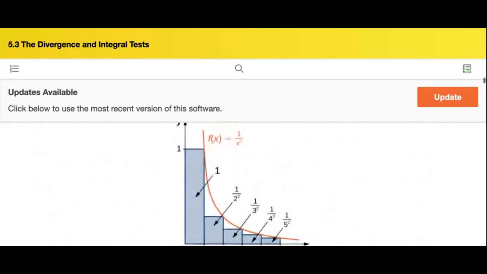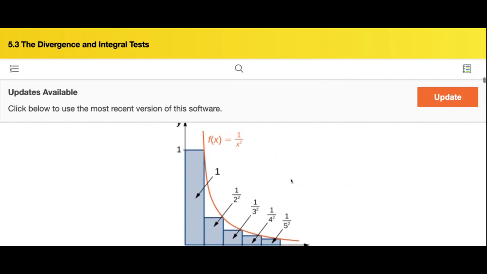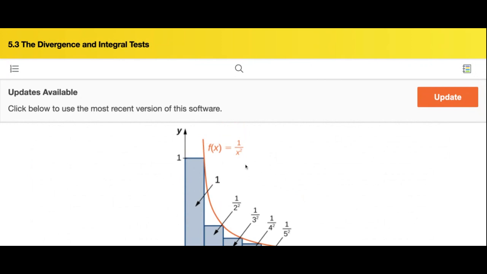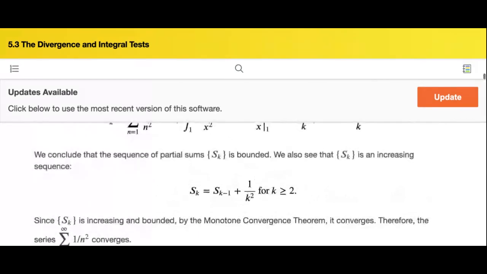Right? So that would be this. So the picture: 1 over x squared, the area under 1 over x squared, that much. And 1 squared, 1 over 2 squared, 1 over 3 squared, this much. We see it's all smaller than 1 over x squared, right? If we can prove the area under 1 over x squared is not going to infinity, but goes to a finite number, and those rectangles are smaller than that, then the summation of those areas is smaller than that. Okay, so